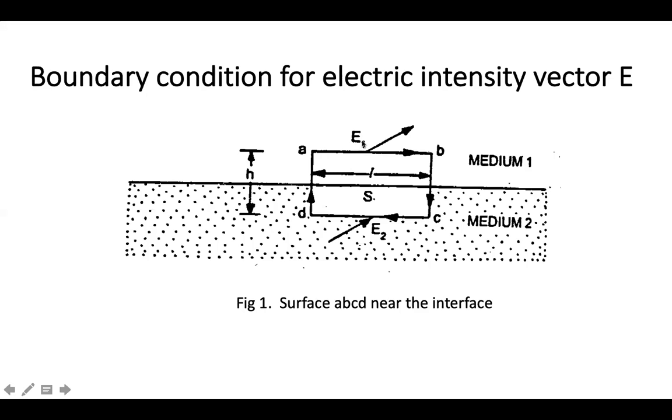So you can see E1 is in this direction and then E2, the resultant E2, is in this direction. And then if this box is compressed as we did earlier, the value of H will go towards 0 and then you don't find any height here and all the values will change. Hence we will try to find out E and H for this kind of surface.